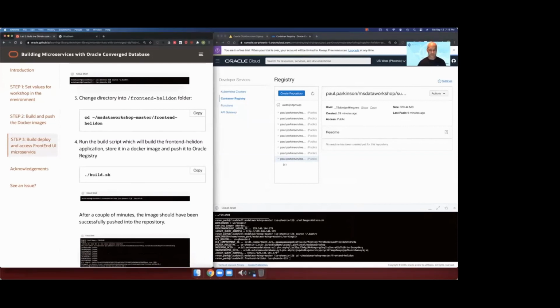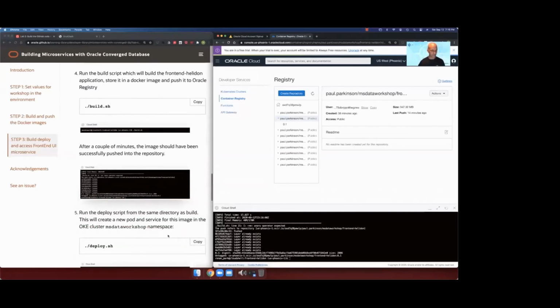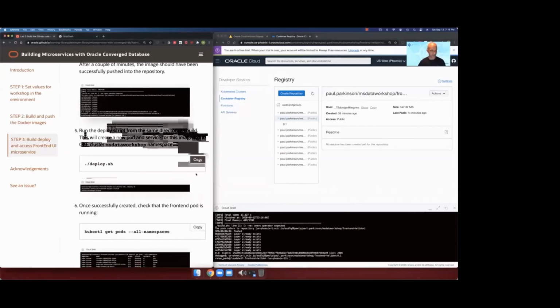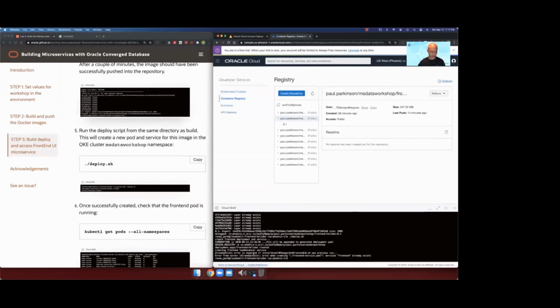Go ahead and build and push that. So even though we had built and pushed the front end, we are doing it again here to incorporate the Jaeger address that we had just set. So we went ahead and built and pushed that. And now we're going to go ahead and deploy it. So we'll just copy this command to deploy. And we see our location. The fact that the load balancer exists is expected since we ran this previously,